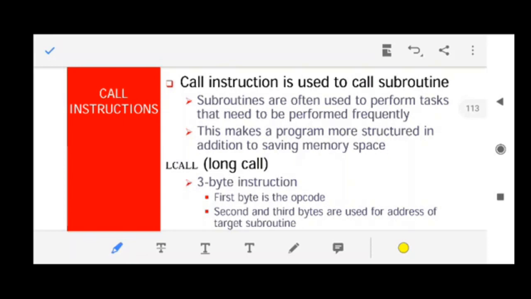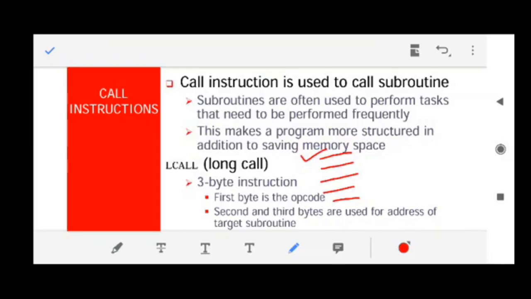Please remember, the jump was used for jumping from one location in a program to another location in the same program. But the call is used to jump from one location in a program to another location in a different program. You got it? From one program to another program. If you are jumping from one program to another program, you use call. And if you are jumping within the same program, then you use jump.